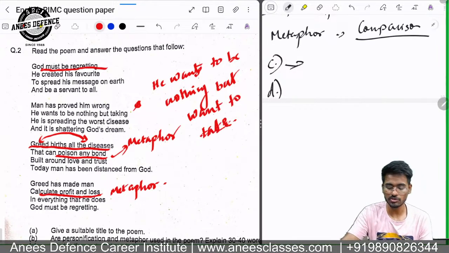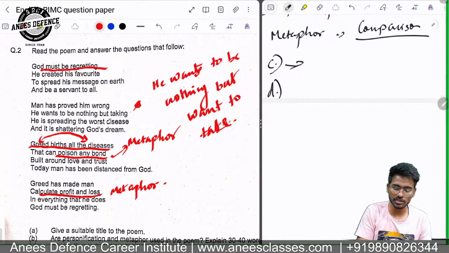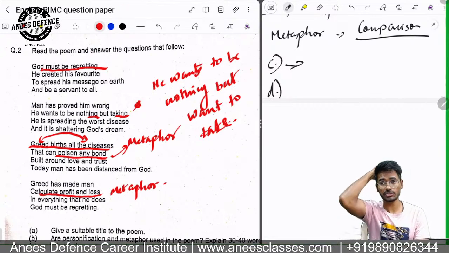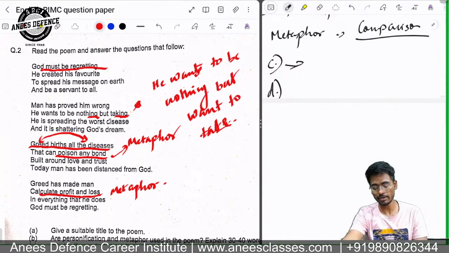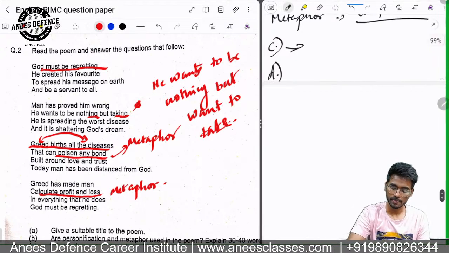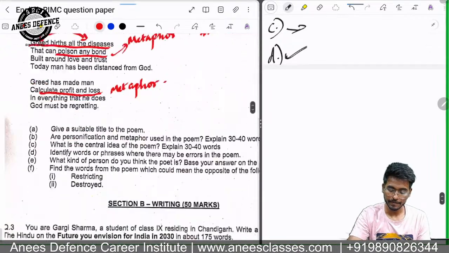We can write this statement like this instead of using two -ings, nothing and taking together. This is correct, but as they have been asked a question, you should mention an error so that we could provide an answer. Okay. So the D option, question number D, we have solved. Next question, that is the E one.